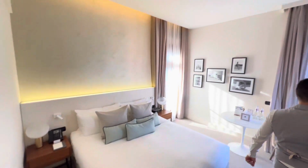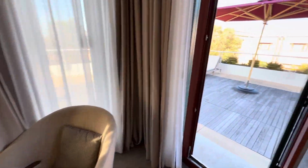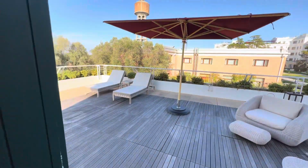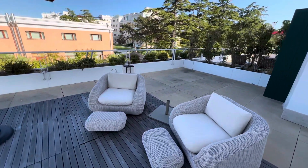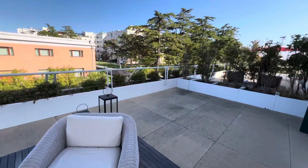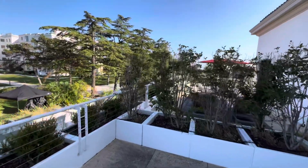And please, allow me to show you the terrace. Oh, wow. If you look on the right, you have a nice view of the ULIVETO garden. And on the left, there is a little view of the